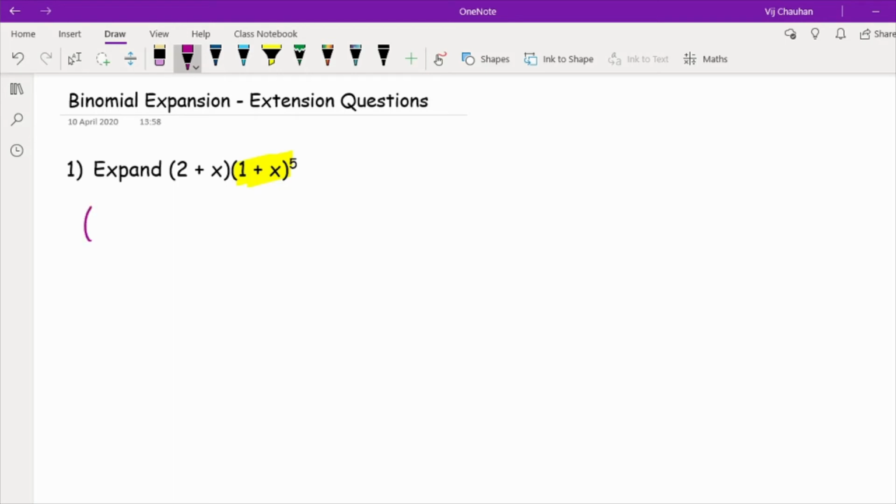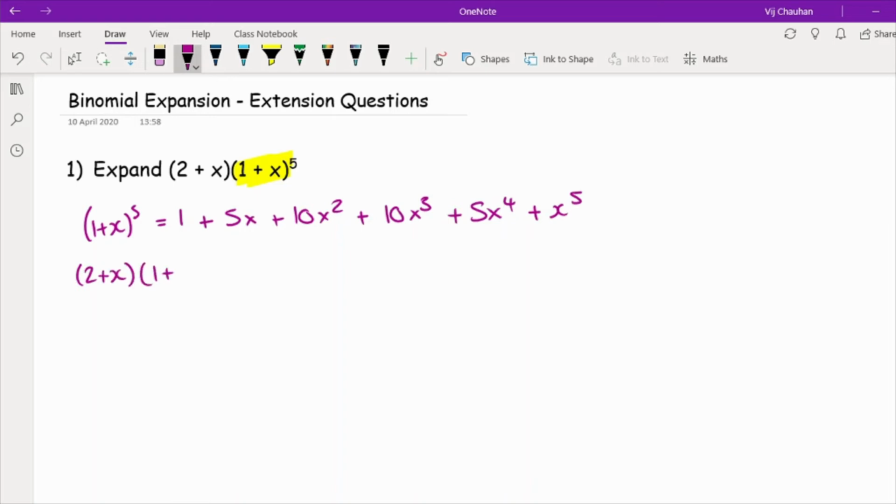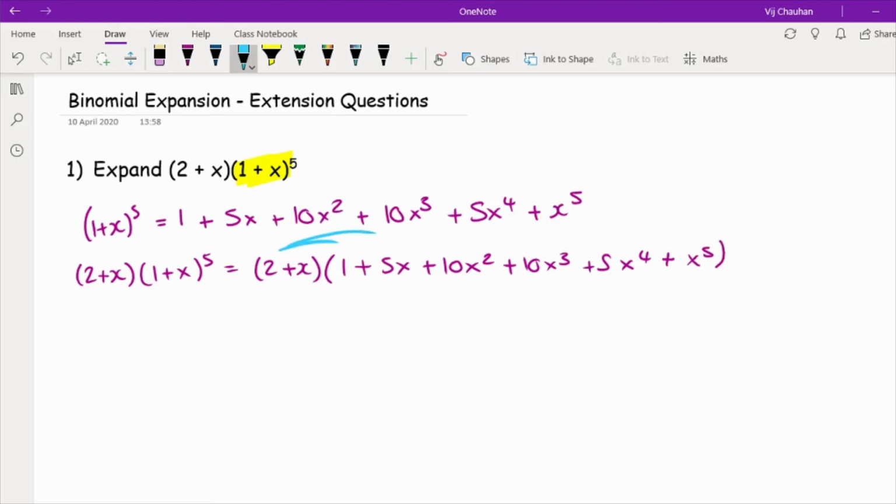is recognize that 1 plus x to the power of 5, using Pascal's triangle, is going to be equal to 1 plus 5x plus 10x squared plus 10x to the power of 3 plus 5x to the power of 4 plus x to the power of 5. So when I multiply out 2 plus x by 1 plus x to the power of 5, that's going to be equal to 2 plus x times all of that above expansion. And what I'm going to do now is simply multiply out, as I would do normally,